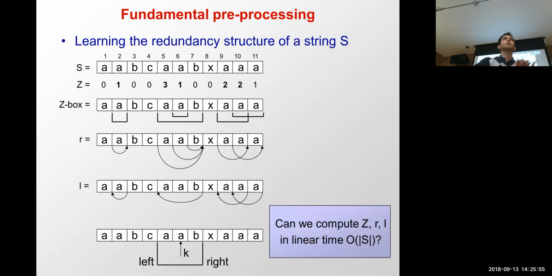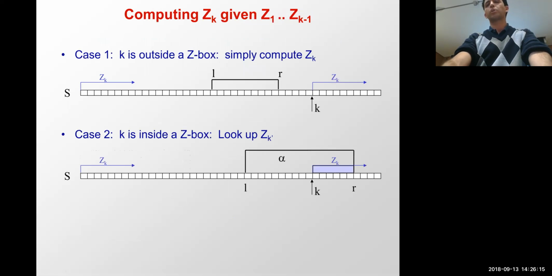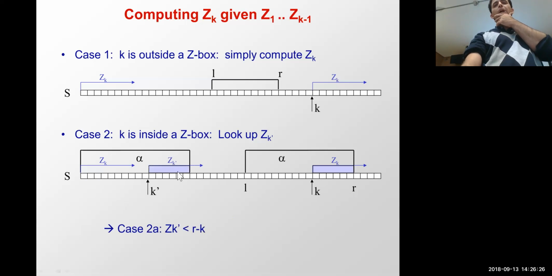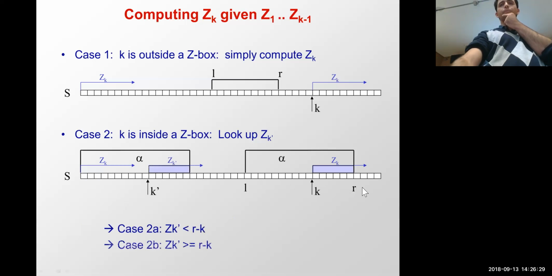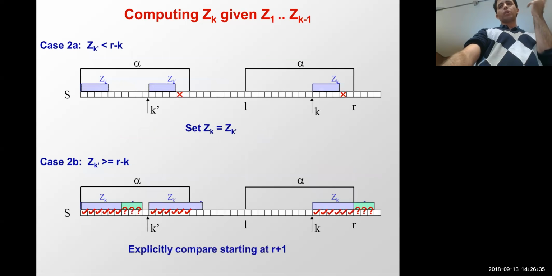The key to linear time deterministic string matching is that we can compute the Z vector, the right vector, and the left vector all in linear time. Okay? And that's by exploiting the partial results that we have created as we're making it. And then simply doing the case analysis: if I'm inside a Z box, then I know that all of that is the same as all of this, and therefore all of that is the same as all of this, and I can extrapolate out, and not even have to compute these because I already have. Okay? So once I've computed this in linear time, and for this, just look at the lecture notes,